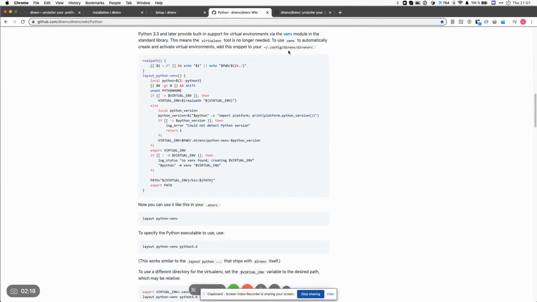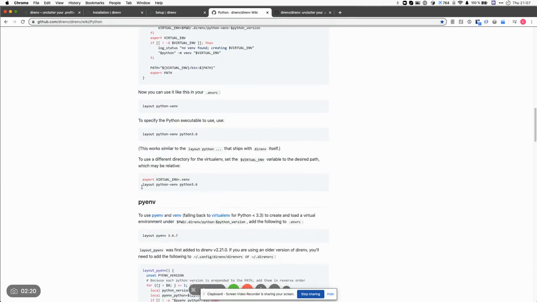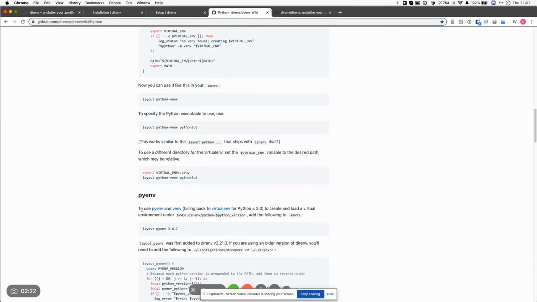I have to add something into my config if I want to make it like this. Or hey, here we are with pyenv. With pyenv, all we have to do, if we have the most up-to-date version, is